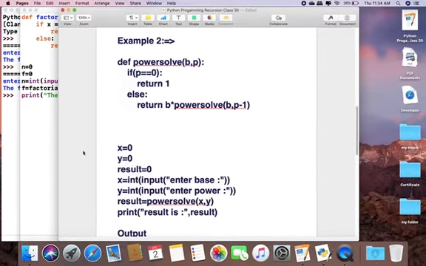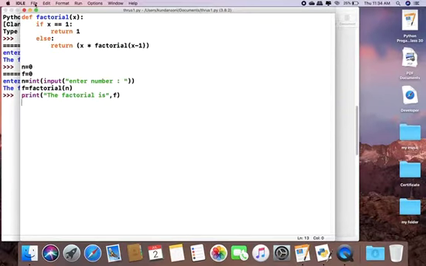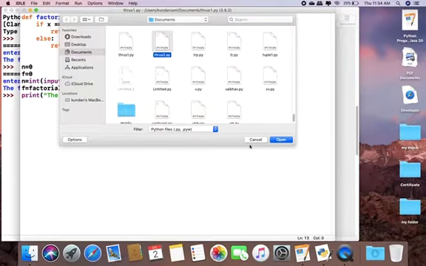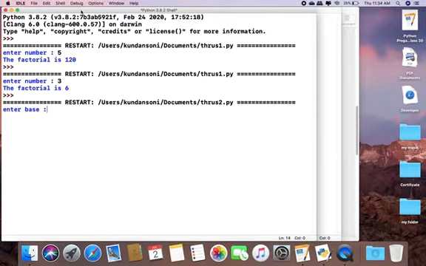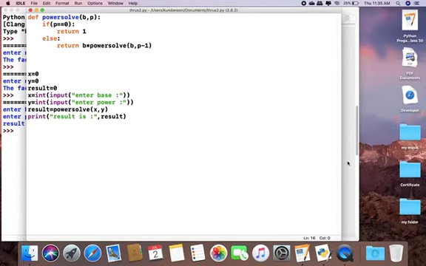Here we execute the program recursively. I execute the program, run module. Here I write base 2 and power equal to 3. Then the result is 8.